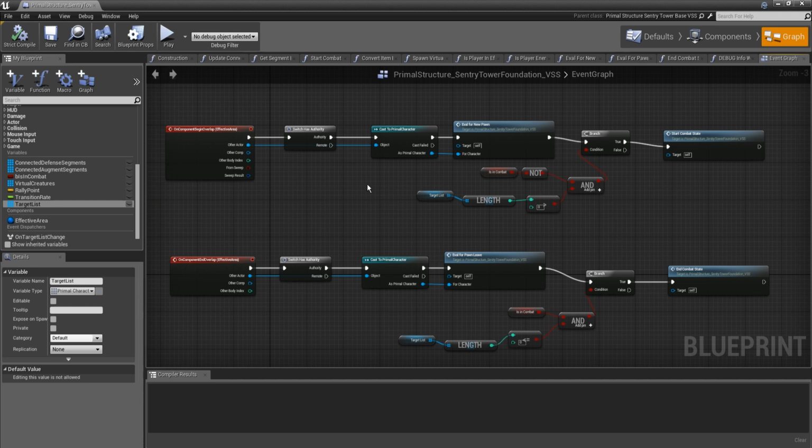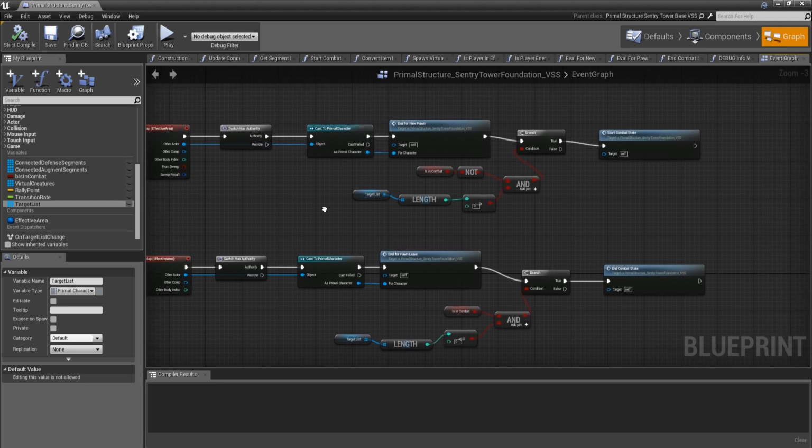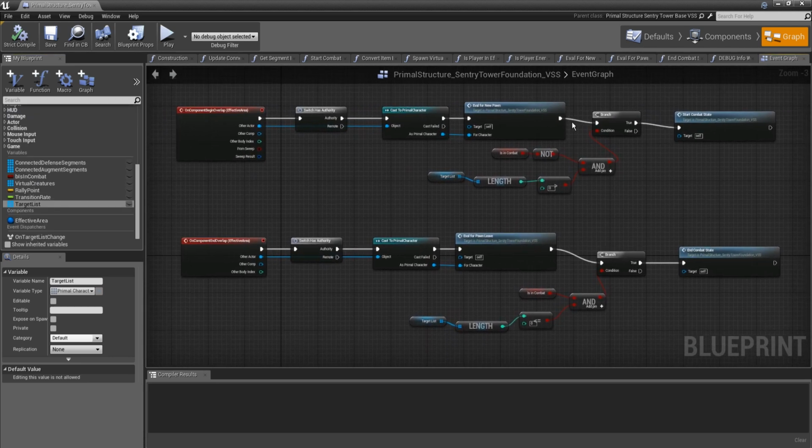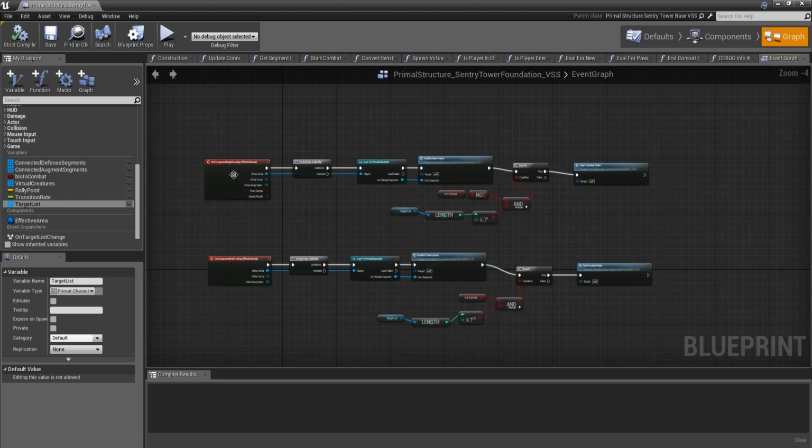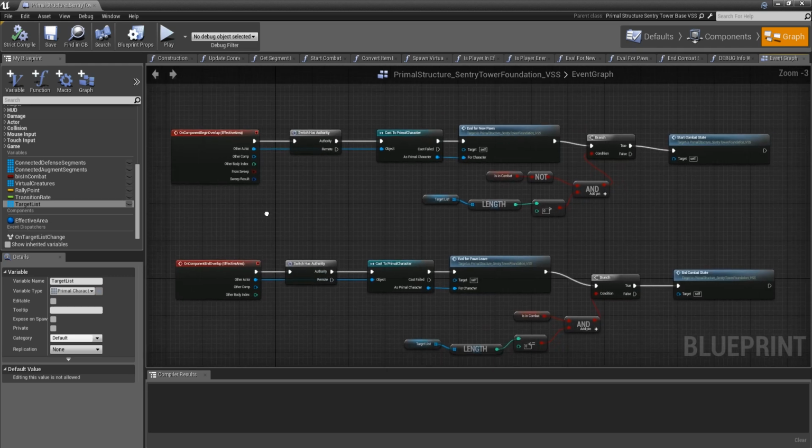So one thing that I ran into an issue as I was building this was I was getting some weird functions being triggered twice, and I wasn't sure why. And then it dawned on me. These overlap functions will trigger on both client and server. We only want to bother with it on the server side though. So in front of both of them, I have added the switch has authority and branched off only on the authority path. We'll come back to this graph here in a moment. This is again just in our event graph. It's the same one before where we had the overlaps. It's just been changed a bit.